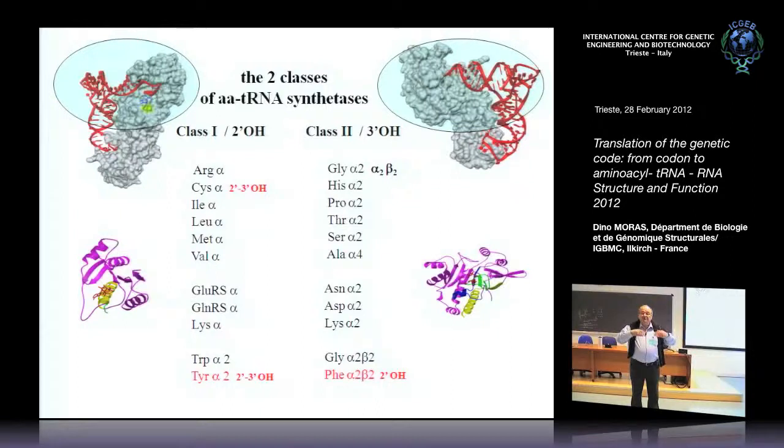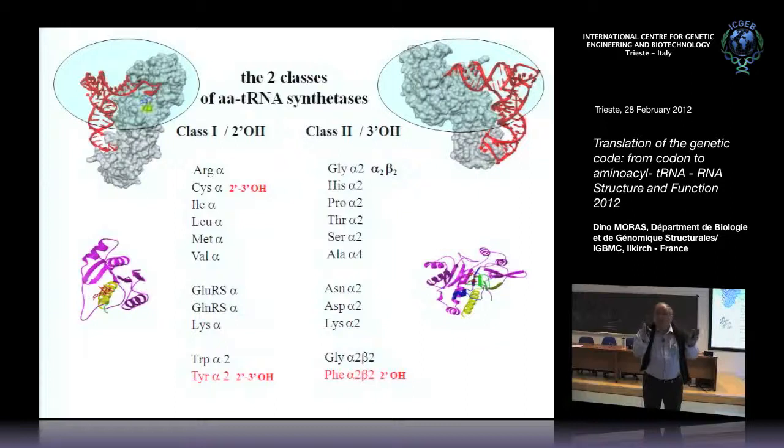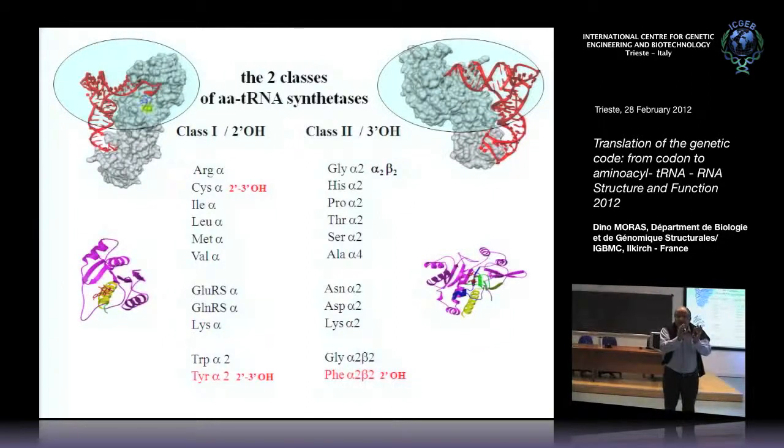And with a careful analysis of the sequences, you could divide the synthetase enzymes into two groups, two classes, so to speak. And that was before the structure information was known, because the first structures were of one synthetase, and